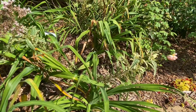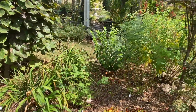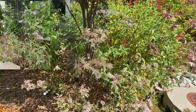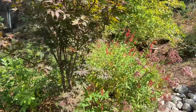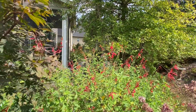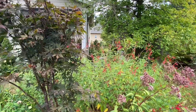This is a variegated leaf Joe Pye weed. We might have just browsed over it when we started, but just so you know what this is, variegated leaf Joe Pye weed. And the bees just love it. Of course, we have pineapple sage flowering now. Pollinators magnet. You can see bumblebees, butterfly, and especially in the evenings, you're gonna have lots of